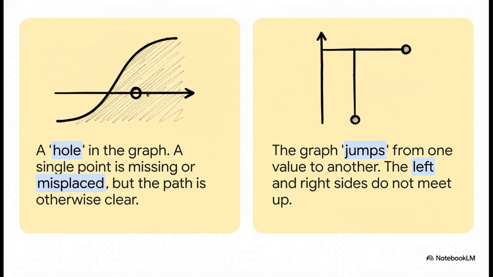So here we're breaking down the two main ways a function can act up. On one side, you've got a hole, or what's technically called a removable discontinuity. Think of it like a single paving stone that's missing from a path. The path is clear, you know where it's going, but that one specific spot is just gone. On the other side, you have a jump. This is way more dramatic. It's like the whole path breaks and suddenly continues on a totally different level. In both cases, you gotta lift that pencil.